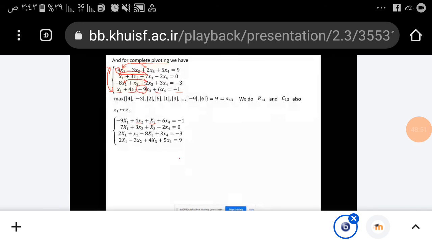You can continue. This is the maximum entry of all these entries, I mean the factor. Okay. We have some profit from complete pivoting because you should be careful about commuting